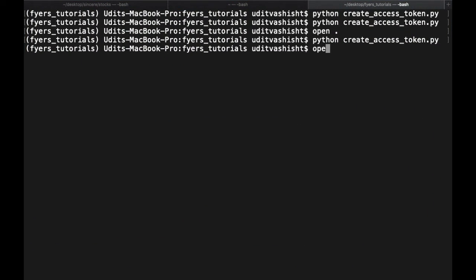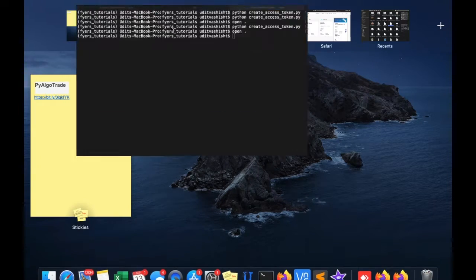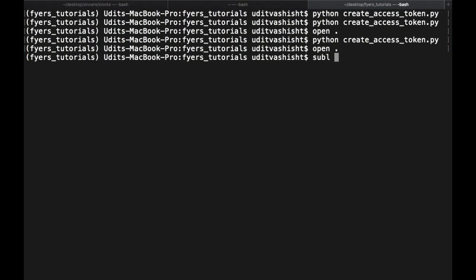So let's open up our folder. And here you can see that we have got a Fyers_token.pickle file. This one is basically our access token. It can be used, and to demonstrate that, we'll go back to the terminal and we'll create a new file called place_order.py,